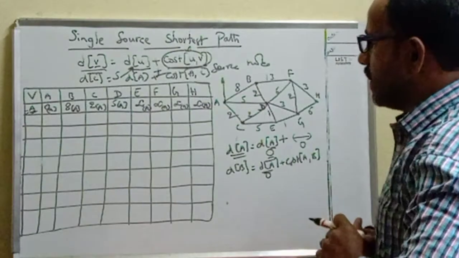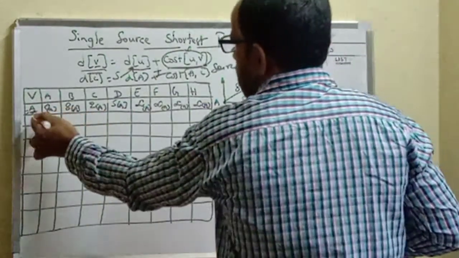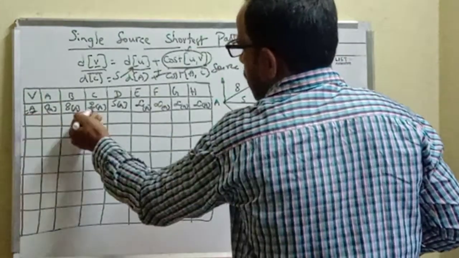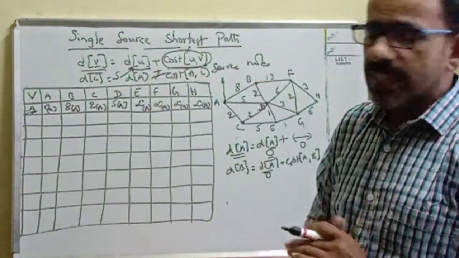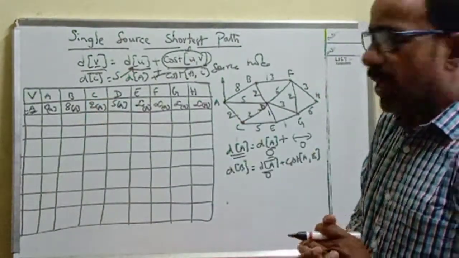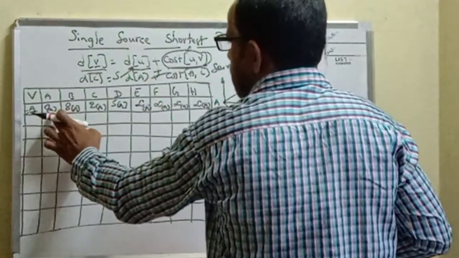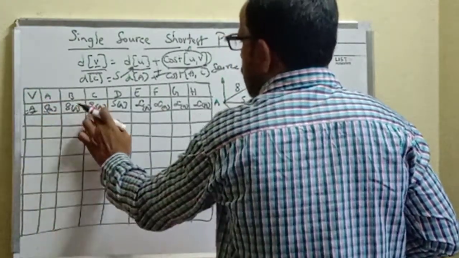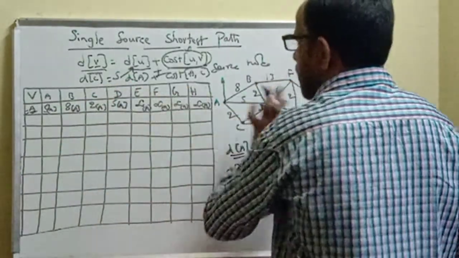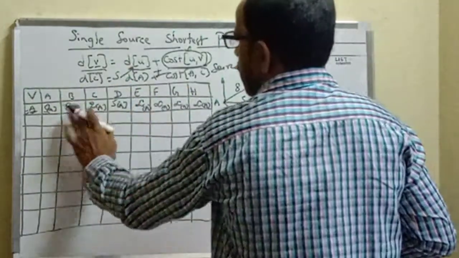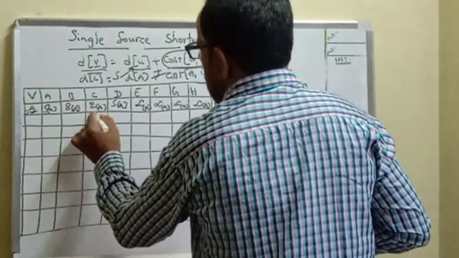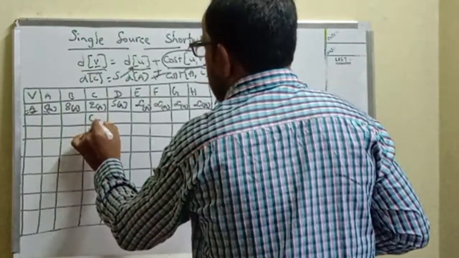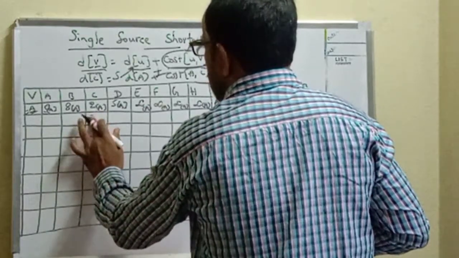Then the next step is to select the smallest distance, or the nearest node from A. That is selected based on the values represented under that particular node. Which is the shortest distance? A is the source node, so we cannot consider it. A to B is 8 units, A to C is 2 units, A to D is 5 units, and A to E, F, G, H are infinite. Out of these, which one is smallest? C is smallest, so we are taking C here. Select C, that is C with subscript A.